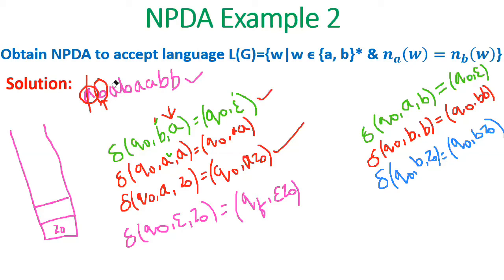Next, what do you have? The next symbol on the string is A. So using this particular transition, that is A Z0, A will be pushed onto the stack. So again, you will push A onto the stack. Next, what will you get? B as a new symbol. So B is the new symbol in the given string. Using the same statement, for this B, you will pop this A from the stack. So this A is popped from the stack.